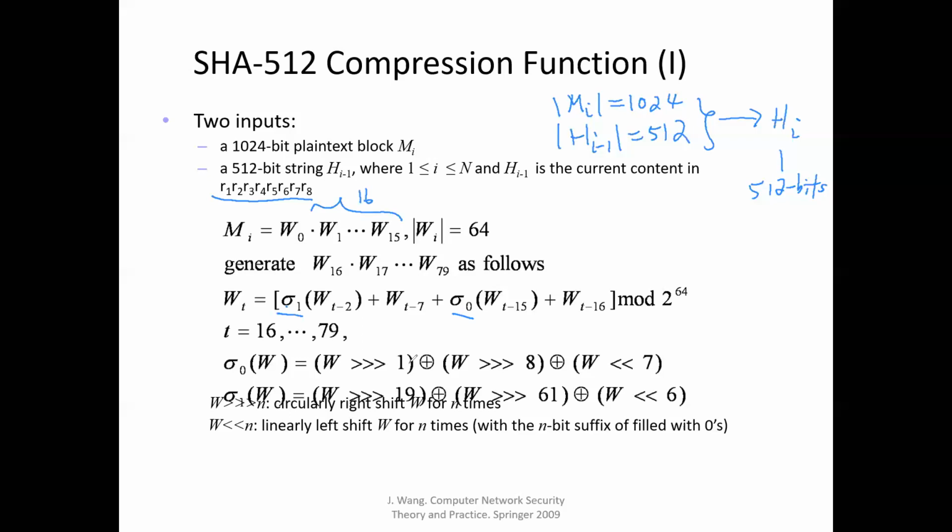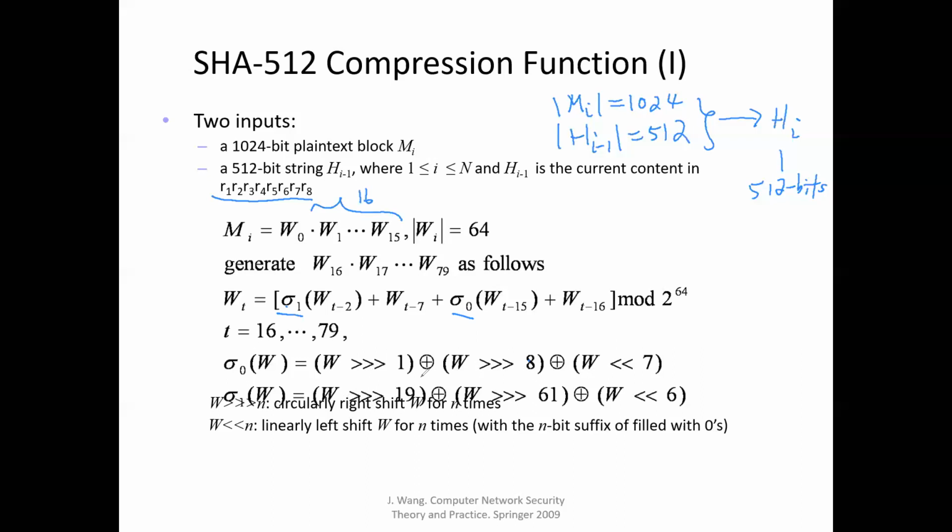So this is a shift to the right by 1 bit, to the right by 8 bits, and a shift to the left by 7 bits. So the outcome of the 3 shift registers, then you take the exclusive OR, that's sigma 0. And then sigma 1 is doing the